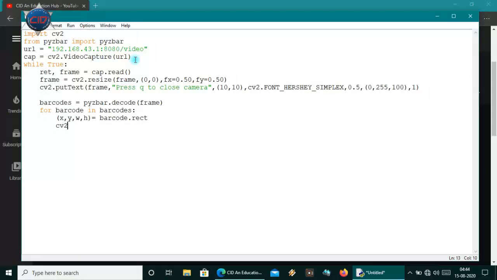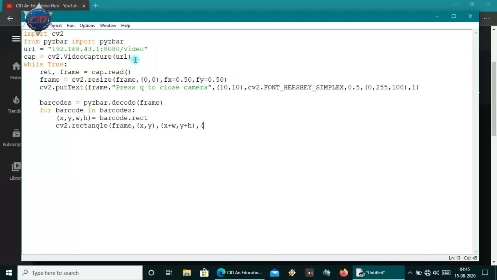We'll use cv2 for this. I'll call cv2.rectangle, because we now have four points, so we can make the rectangle. We'll pass the frame, and the first position will be x, y, and the second position will be x plus width and y plus height. Now we have all four points, and let me pass the color.